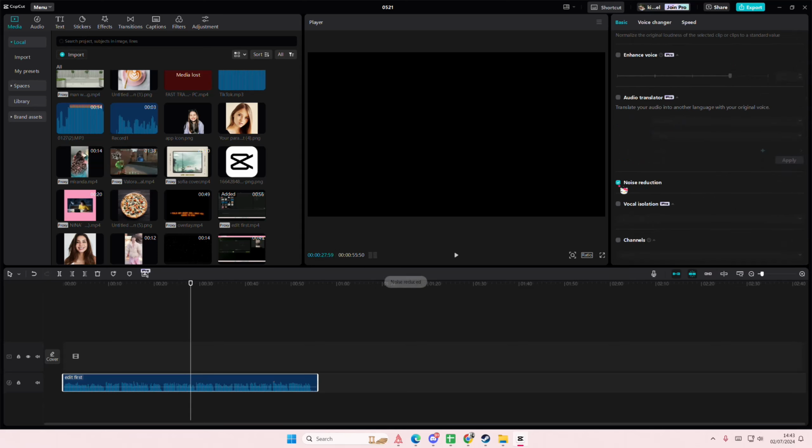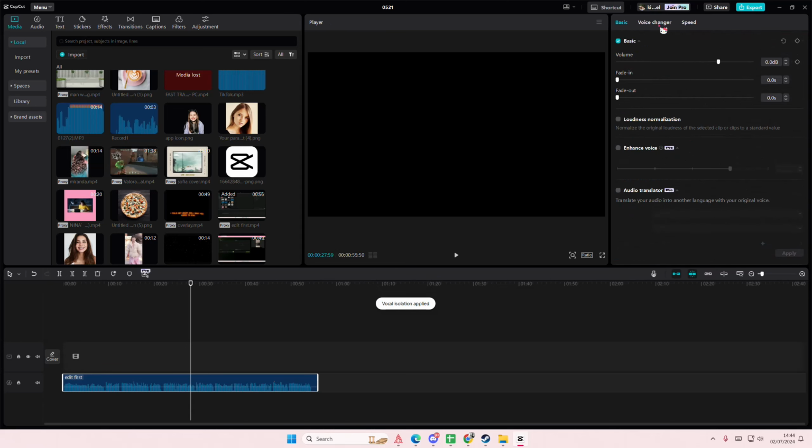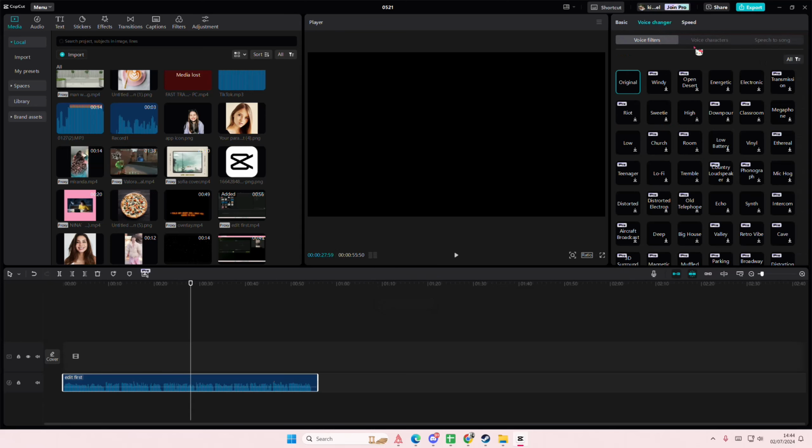down, and I'm going to select noise reduction first. Then I'm going to select vocal isolation, and I'm going to select the keep vocal. This is a pro feature though, so just keep that in mind. Once it's done processing, you're going to go to, it's still waiting, I don't know why. Okay, there we go. Then you are going to select voice changer, voice filters, and you're going to find my